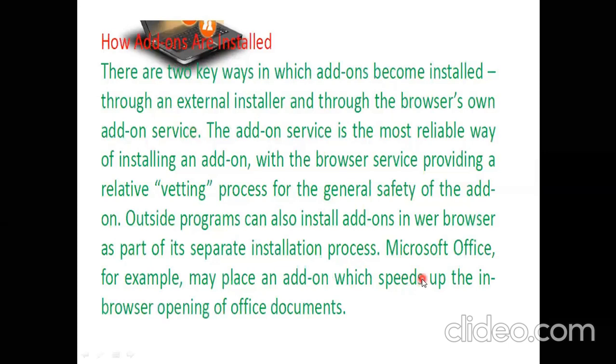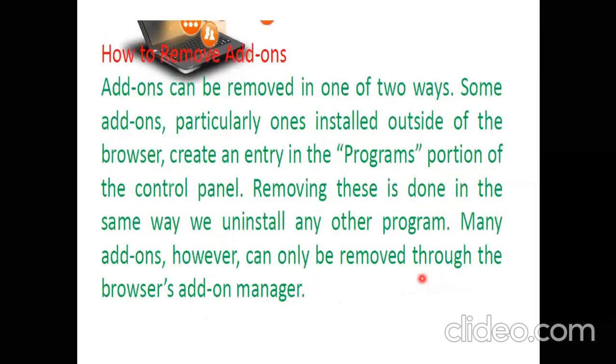As we have learned, the Silverlight that we have was an example of an add-on enabled directly in the web browser. Similarly, Microsoft Office also gives us add-ons which can be locally installed on your machine. So whenever Office documents are accessed through the internet or through the web browser, the Microsoft Office add-on will increase the speed of access so that it can be used in a faster way on your browser.